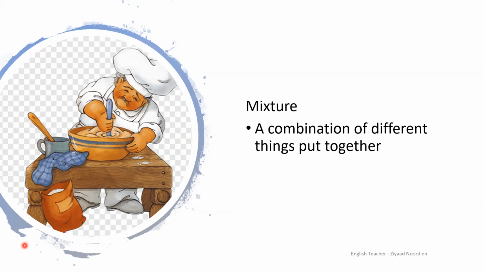And when you're making chocolate chip cookies, for example, we are going to make a mixture of dough, chocolate chips, and some milk to make our chocolate chip cookies. So mixture, a combination of many different things put together to make your cookies or to make anything you are busy baking. A mixture can also refer to substances when you're dealing with science. But I'm not going to get into the nitty-gritty of that, but all you need to know is a mixture is a combination of different things put together.